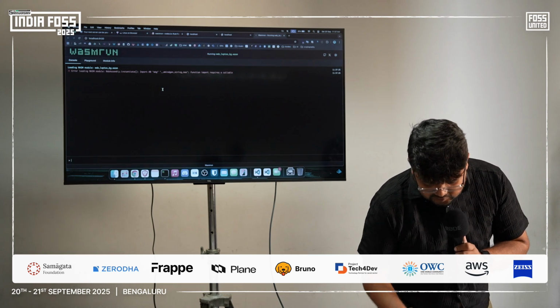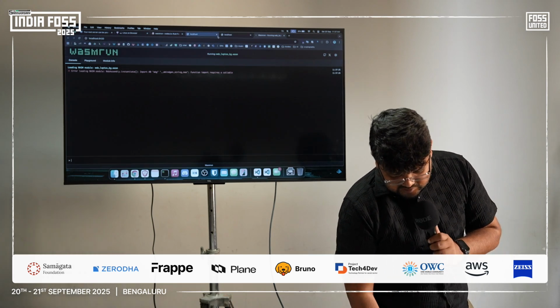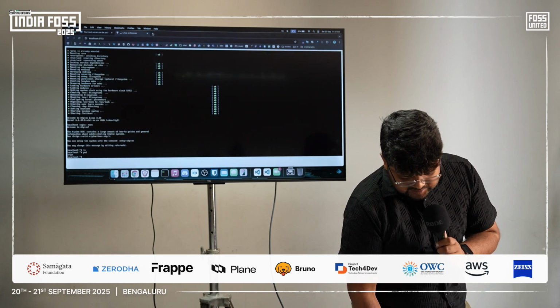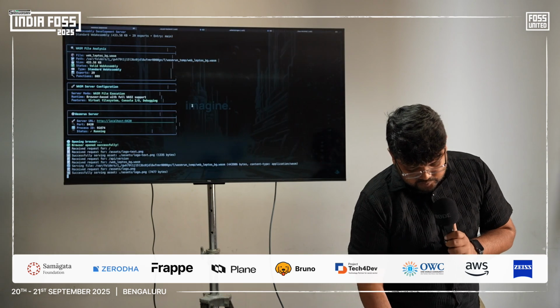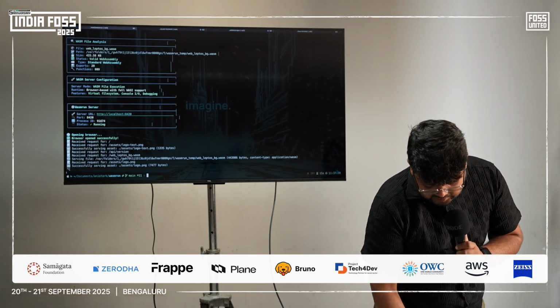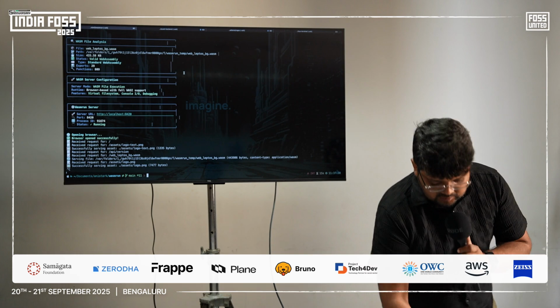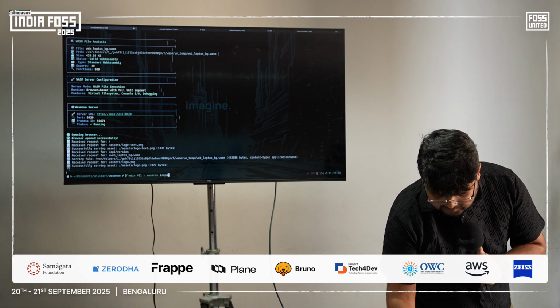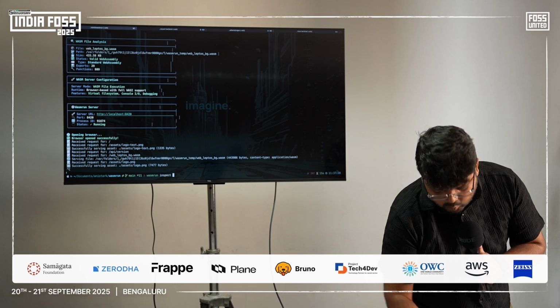All right, it is still giving some error. Anyway, this is how it should have run. I'll check up on the error and get back. But essentially, that should make it a lot easier. What we can also do with Wasm Run is inspect if there is any issue with the generated Wasm file.